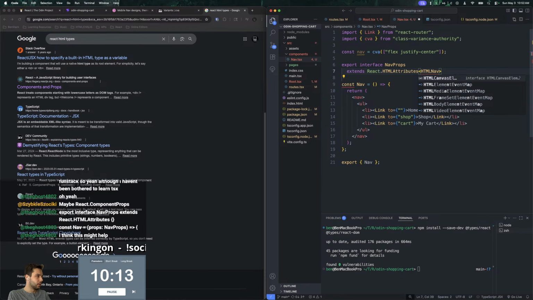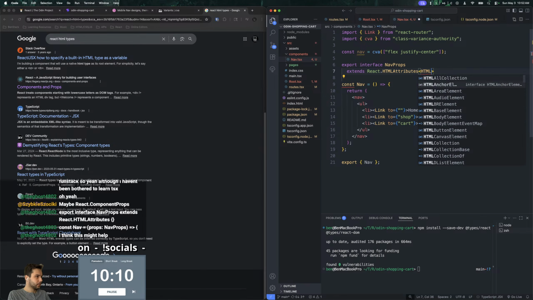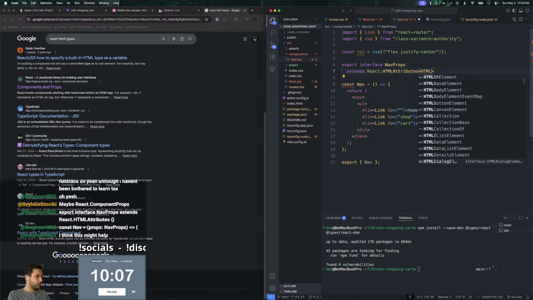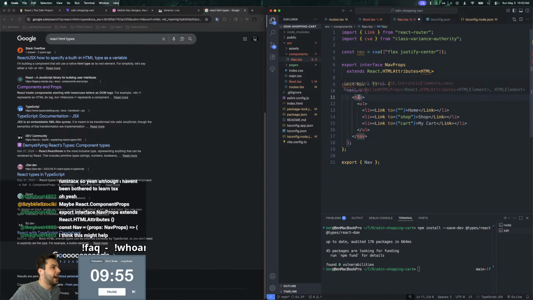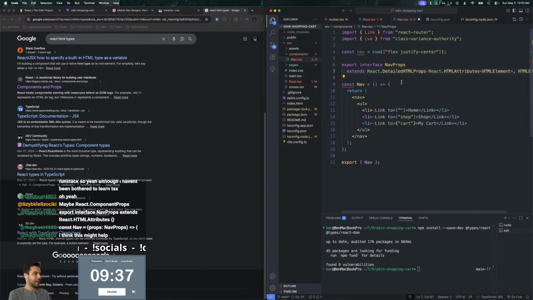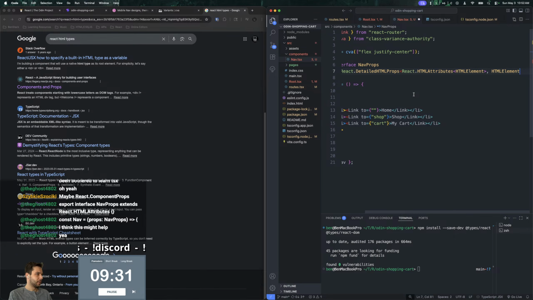Oh, there's no nav element. Weird. There's like data element, dialog, div element. I could probably just do div element and be fine, because technically a nav is a semantic. So React.JSX.IntrinsicElements.nav. Okay, so it is just this. I probably should have looked at this. That probably would help me. Okay, so now if I do this, that might work. Okay, cool. And then I need to add the